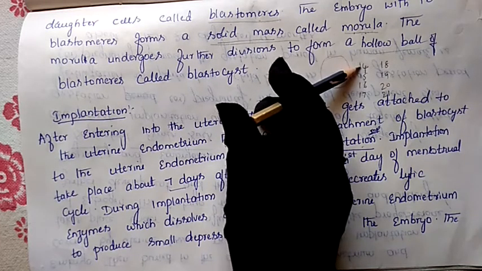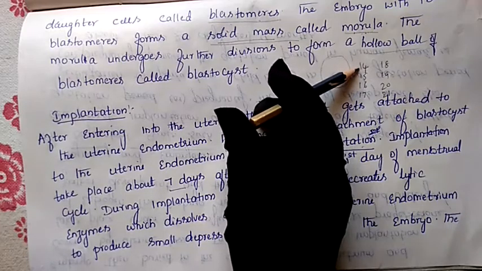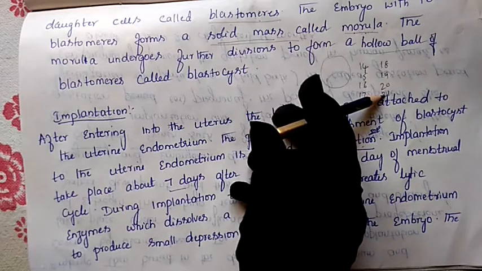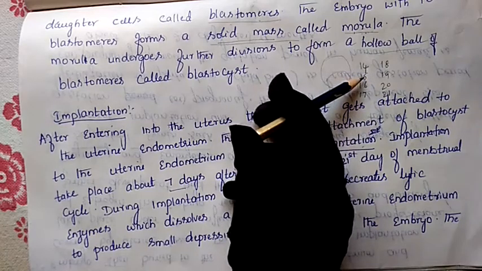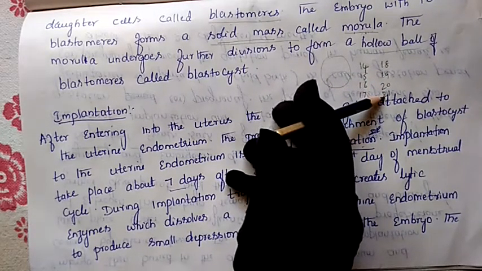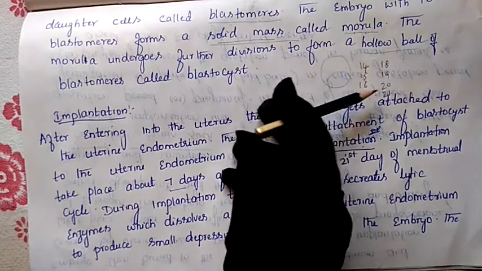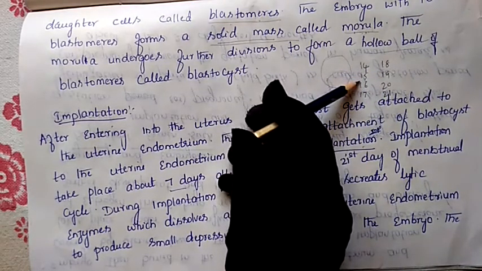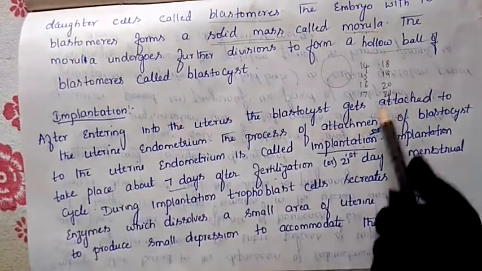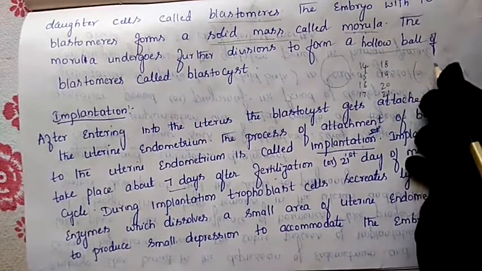So on this 14th day the egg will be released, and fertilization will take place. Later, on the 21st day of this menstrual cycle, implantation will take place in the female body. That means 7 days: 1, 2, 3, 4, 5, 6, 7. Within these days, in the fallopian tube, cleavage formation, morula formation and blastocyst formation will take place. Finally, on the 21st day, the blastocyst will come and attach to this